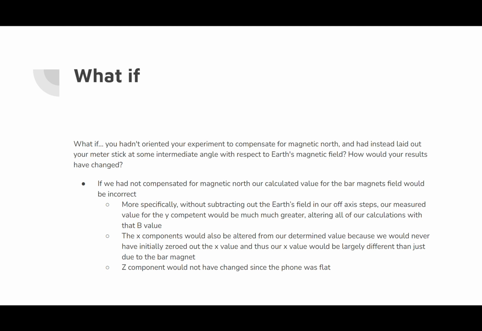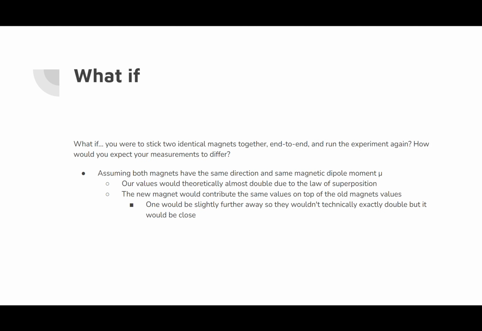And for the x component, if we never zeroed it out, our x component would also be much greater, since we would have had an initial starting one, which would have made the bar magnet seem like it's contributing a lot more. And if we had two magnets, it would theoretically double. However, since they're slightly in different positions, it probably wouldn't actually double, but it would become greater in